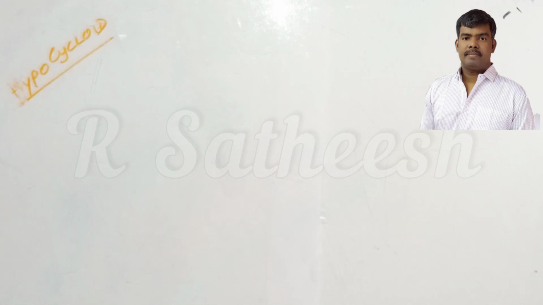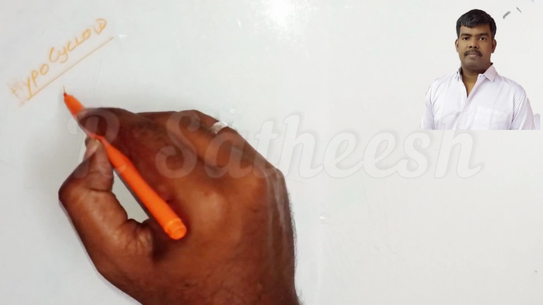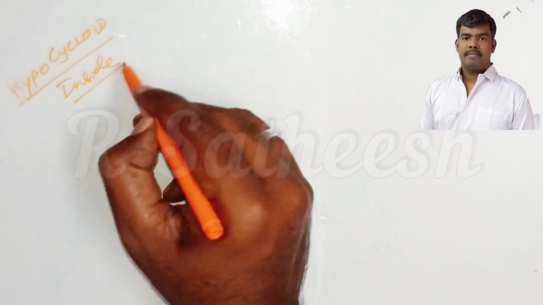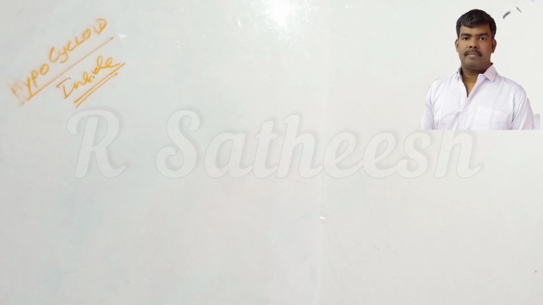So our question is: construct the path traced by a point on a circular disc of radius 40 mm that rolls inside a circular path of radius 120 mm. In the last problem we discussed an epicycloid. The values were given in diameter, but in this problem, for a change, they are given in terms of radius. Since the disc rolls inside, therefore it is a hypocycloid. So how do we construct a hypocycloid?